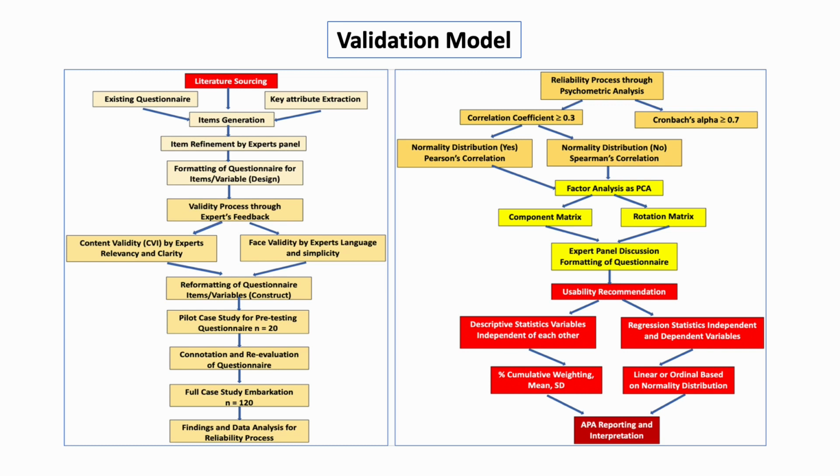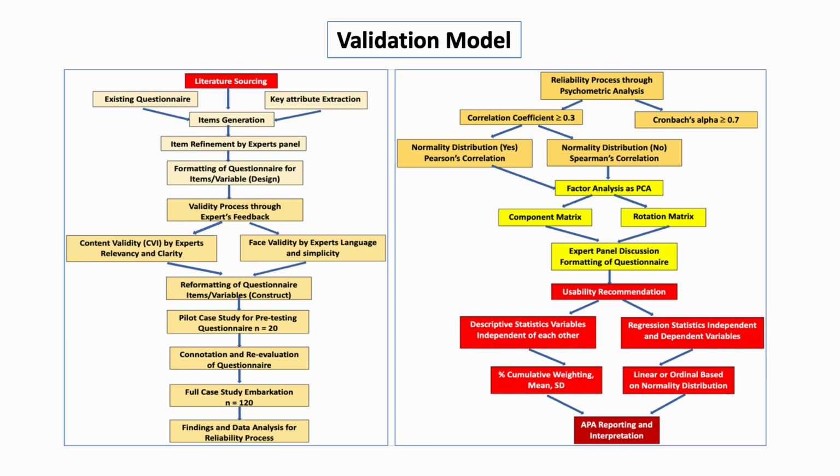As you can see here, in a validation model, the validation process is a long process from the first creation of the items to its validation, and it involves not only the validity but the reliability process as well. So once the questionnaire items are created,